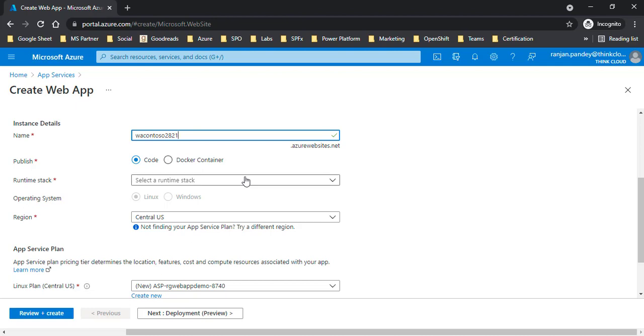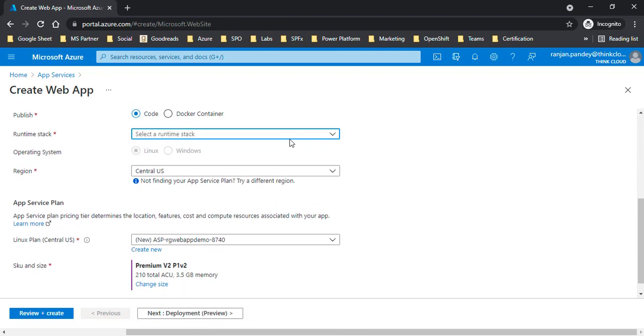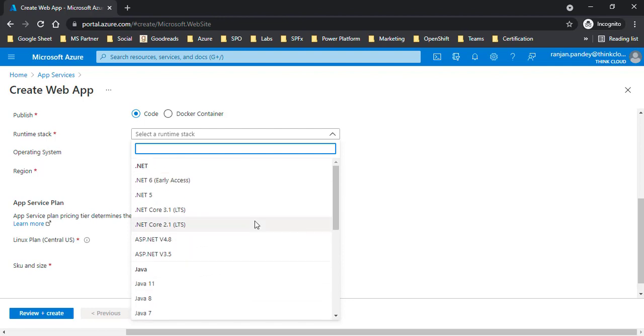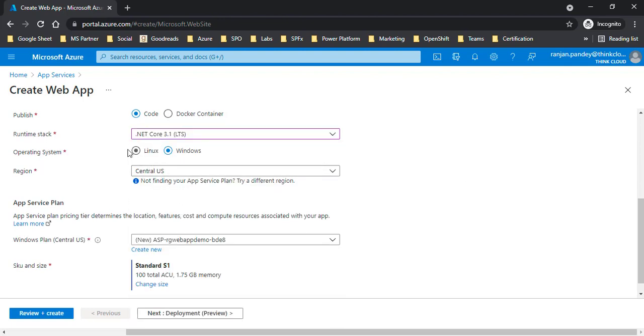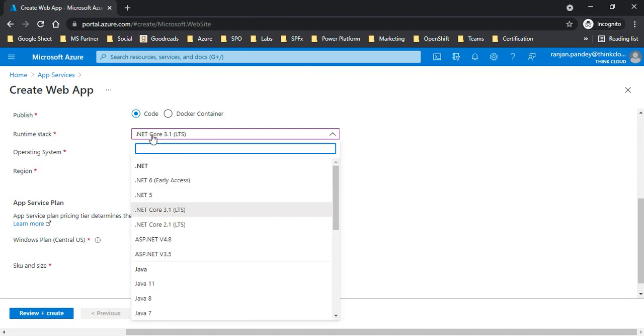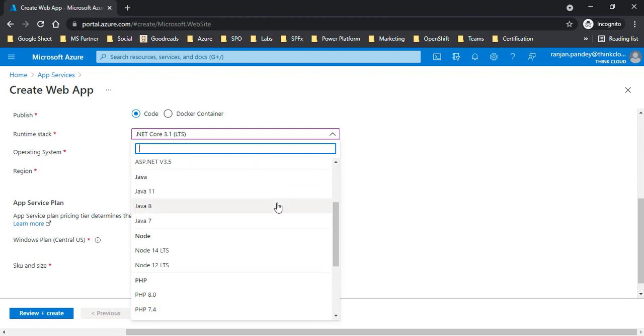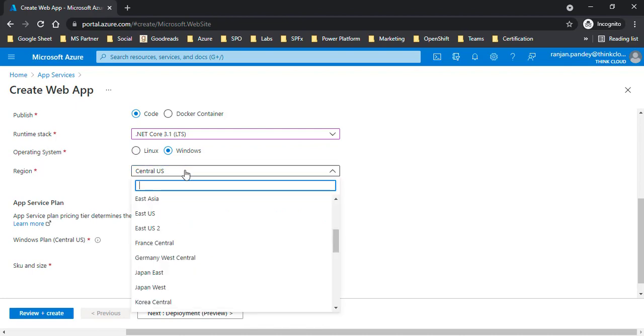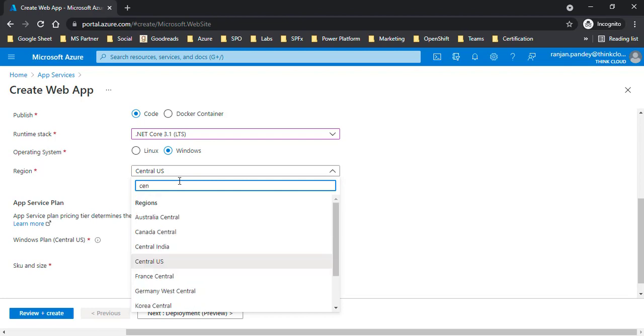you can run it inside a web app. Okay, so in terms of runtime stack, you see there's a long list of languages that are supported. As I already mentioned, web app supports various languages in terms of runtime. Here I'm going to choose .NET Core, and then choose the operating system. I'll keep it as Windows since I have selected .NET Core, but if you're using Java, Node.js, or PHP, you would prefer Linux as the operating system. In the region, I'm going to choose Central India,